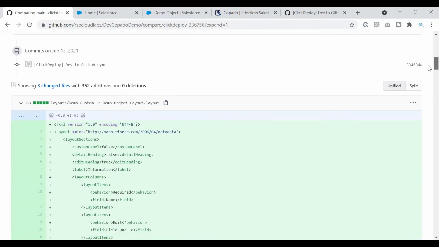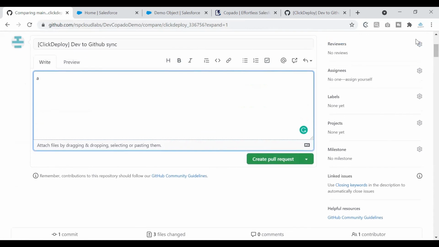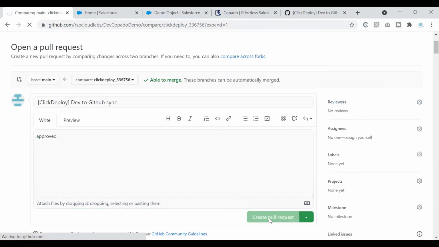In case you want to review them, you can scroll down and review the changes that we have. As of now, we have already reviewed them and we know what exactly the changes are moving. So I'll give a comment as approved. This way you can also let your senior team know what changes are moving in, and you can decide who should be the reviewer depending on the process. As of now, I'm playing the role of the developer and I'm also the person who is approving it. In case you have other persons, you can add them as reviewers and they would pass this comment. So once done, click on create pull request.